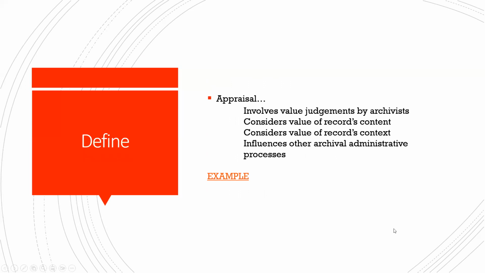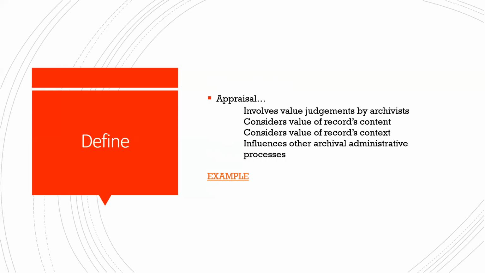And then next, you are going to define the subject that you choose. So you are going to take whatever topic you choose. In this example, I have appraisal, and then you are going to choose 2 characteristics that are aspects of appraisal. So I have 4 characteristics here. Again, you only need to do 2, but I just wanted to throw out some different options or